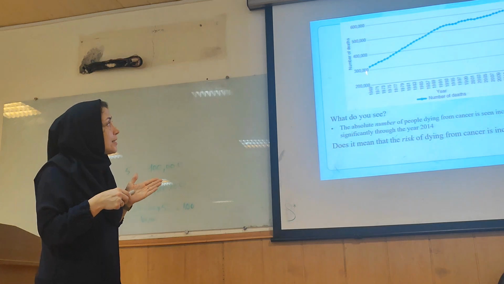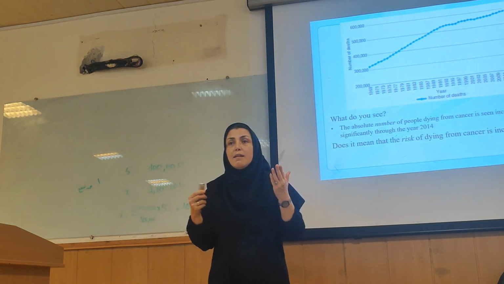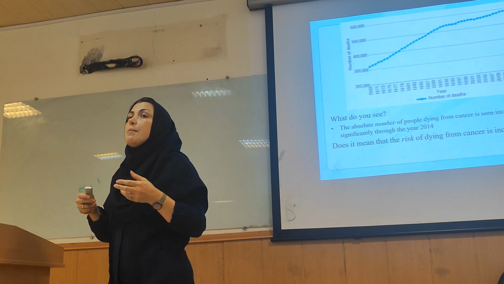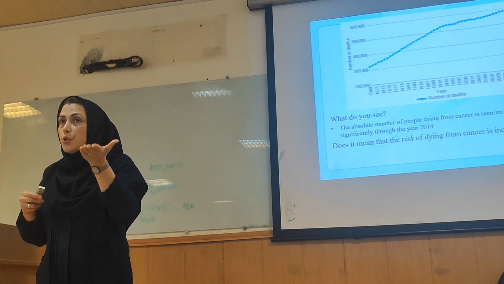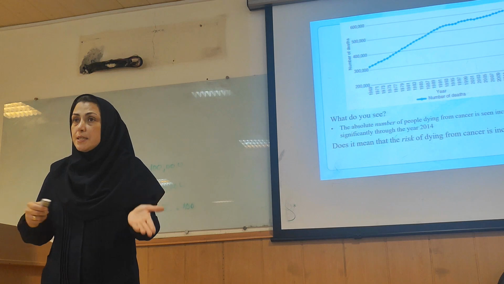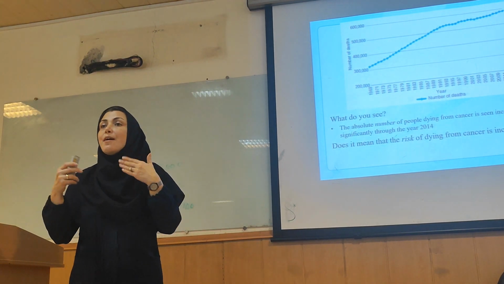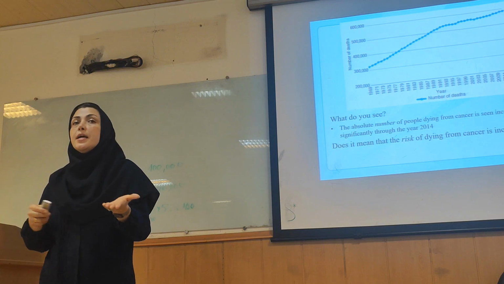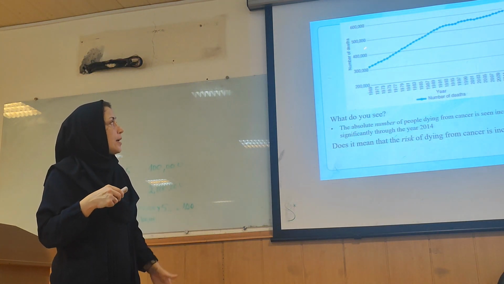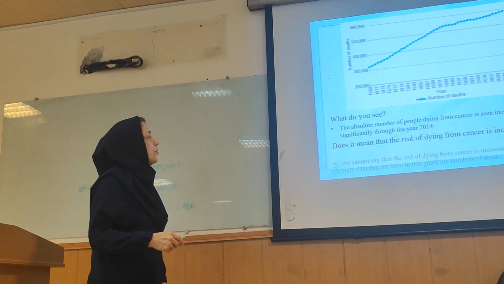So based on this absolute number, based on this crude number, you cannot say something about risk. You should know the population at risk and put it in the denominator, and after that you can compare the risk of dying between these years. Okay? So,